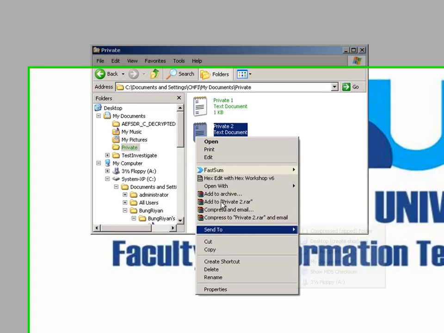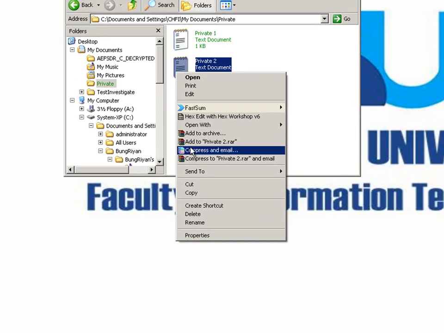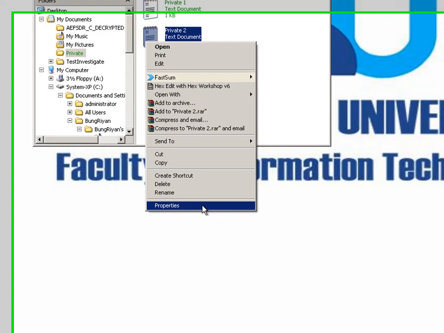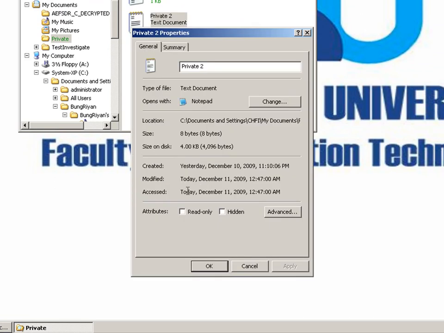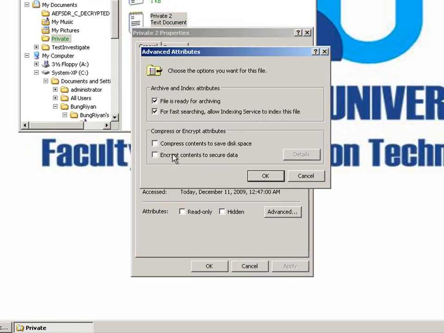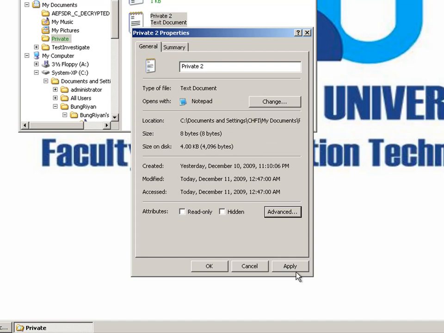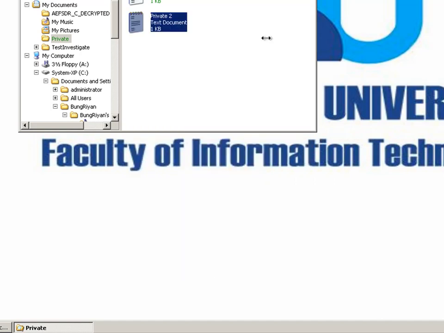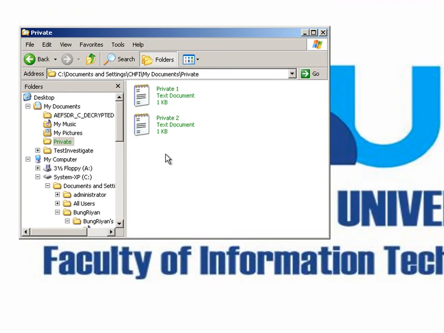To encrypt the files, we just simply right click on the file, choose properties, then advanced, and then tick encrypt contents to secure data, and press OK. After that, private 2 is already encrypted by using EFS.